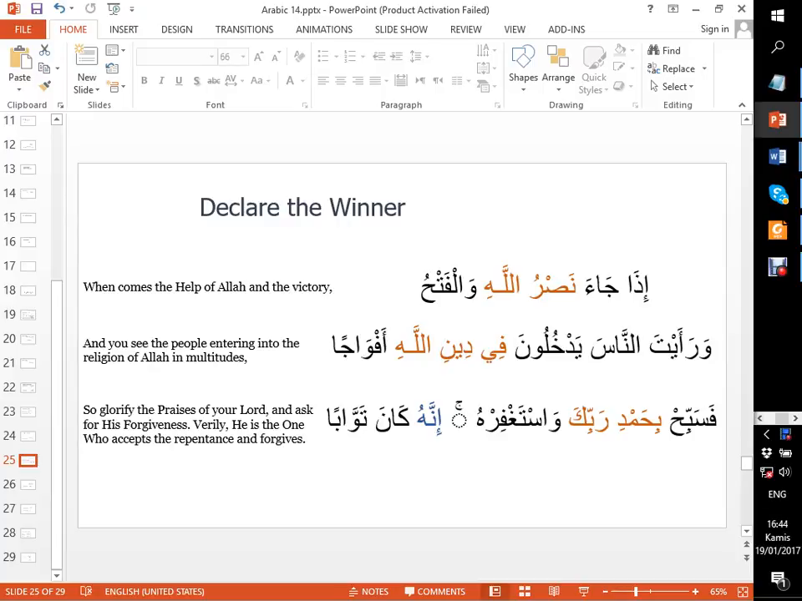But they should remember first, after the help of Allah comes and the victory comes, and the people enter the Deen of Allah in multitudes, in numbers, they should praise their Lord, bihamdi rabbika. So they should praise Him and ask for forgiveness. That's one way you see that